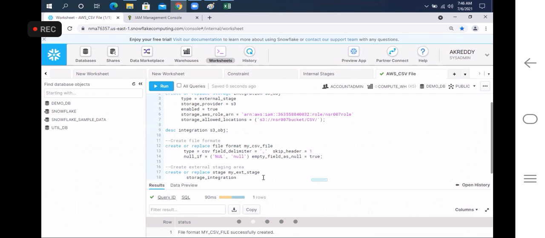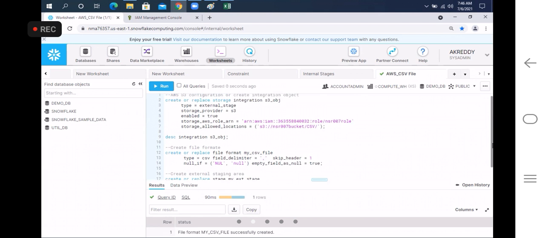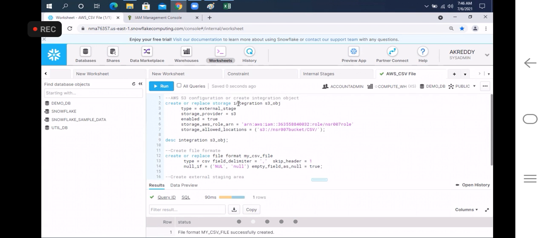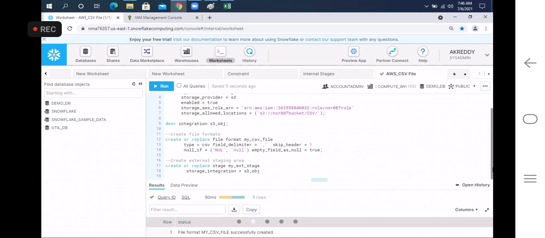Storage integration name is S3_obj. So this is the storage integration object name, right? The same integration object we are giving here. Storage integration name is S3_obj and